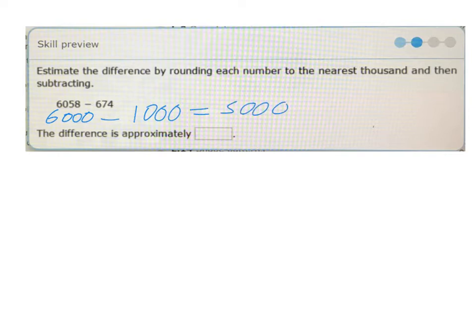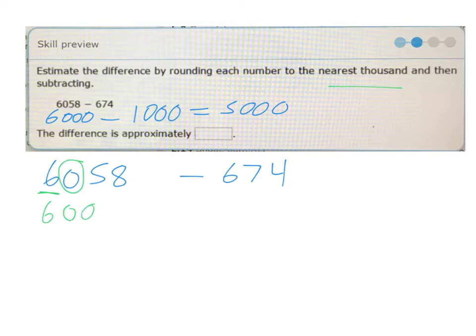If you're not there, that's fine. We can look at 6,058 and 674. We can say, okay, we're looking for the nearest thousand. Underline the thousands digit, circle to the right. The 0 tells us that the 6 will stay the same. It's close to 6,000. This one, Miss Cooper, there isn't anything in the thousands, so we're going to underline just